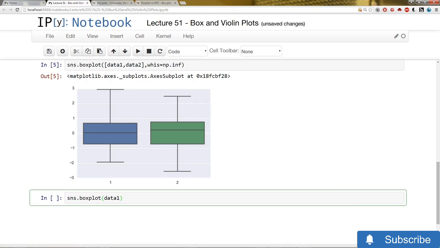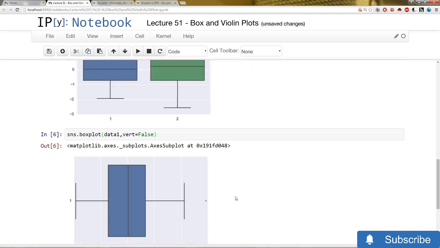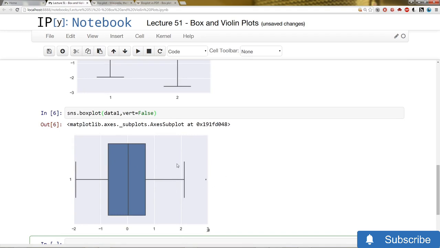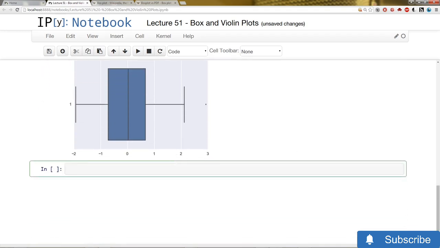We'll just do data 1, and if we want to set it horizontally, we can just pass the argument vert for vertical equal to false, and now you have a horizontal box plot. Great. So while box plots are really useful and great, especially for things like financial data and stocks,